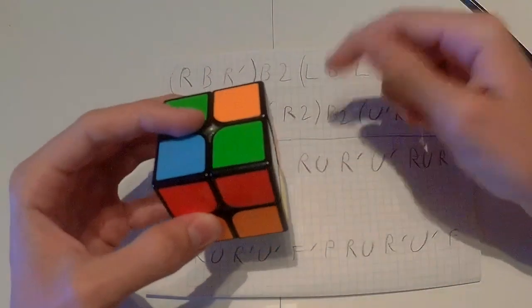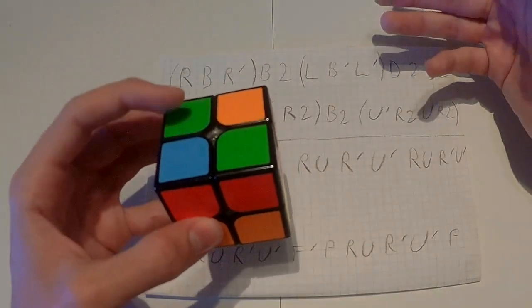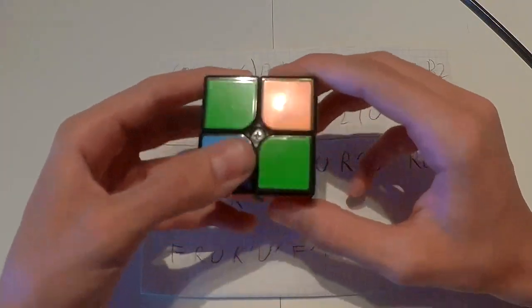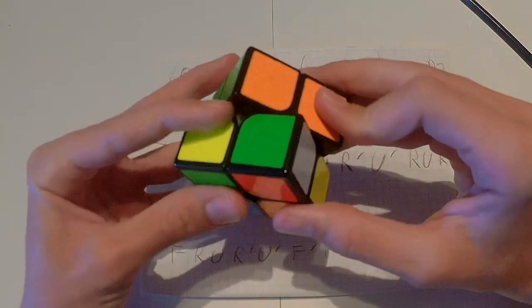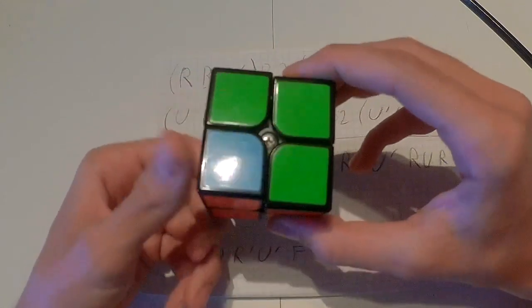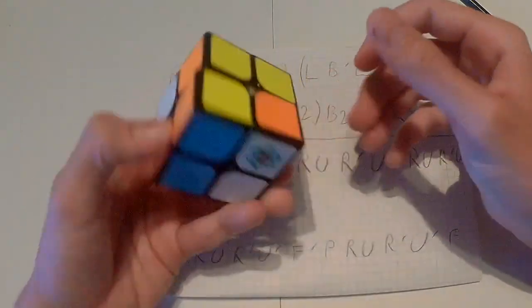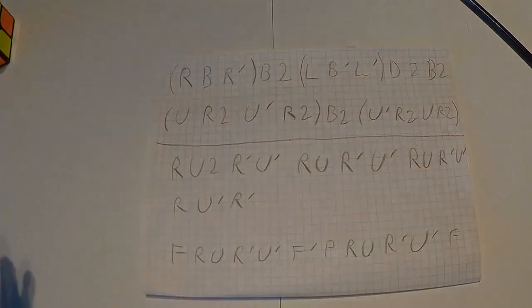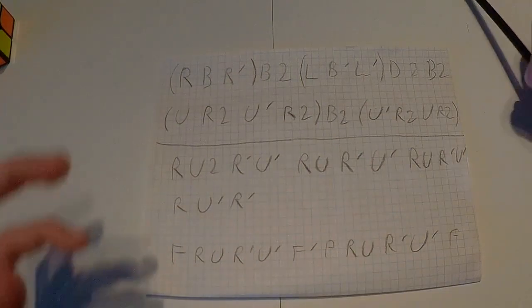You do a B2, which kind of acts as a separation between the two, and then you learn it as, oh, I lower my left face, that means my B face will have to go down, and that means since I lowered the L face the first time, I'm gonna have to put it back up. Something like that. Those are like little things that can help you memorize your algs easier, because then when you're